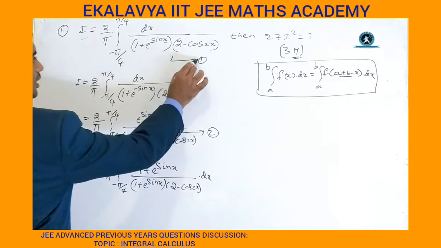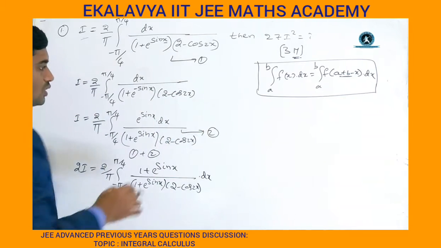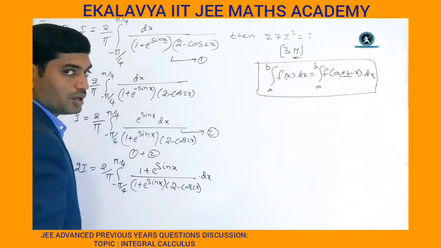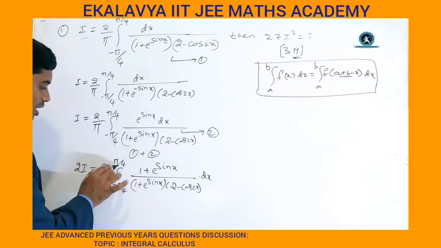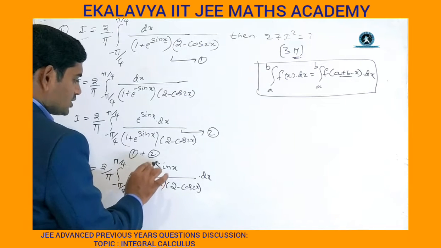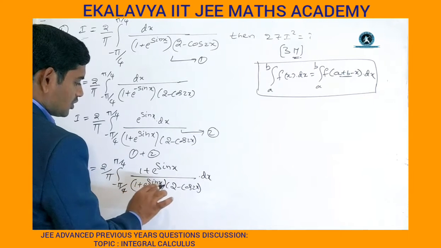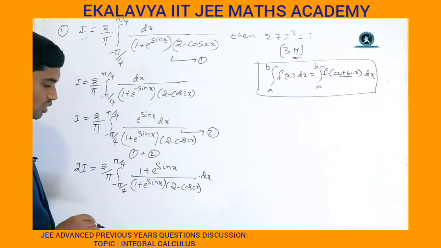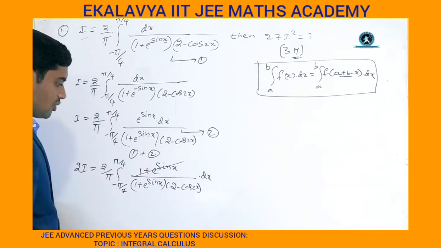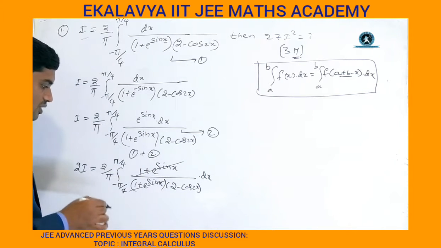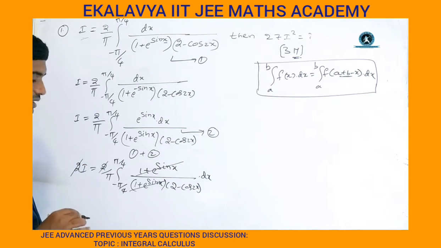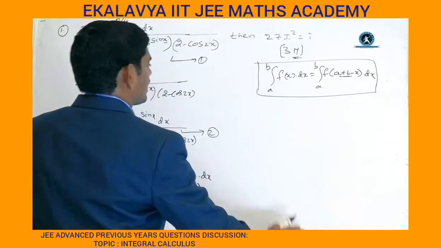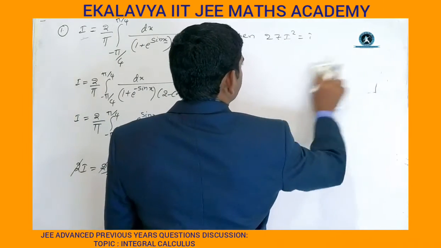Now this 1 plus e power sin x and that 1 plus e power sin x get cancelled, and the 2 also gets cancelled. Then we get I is equal to